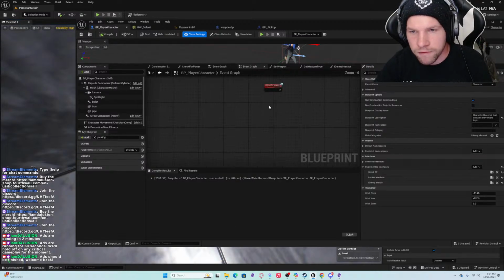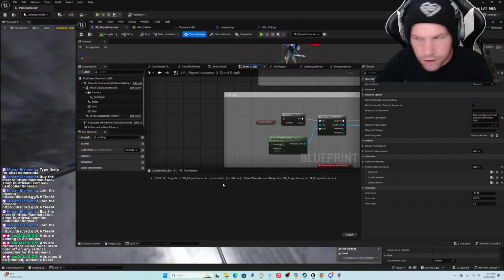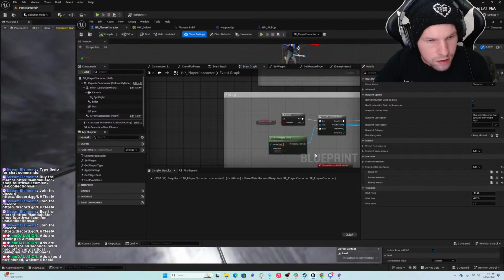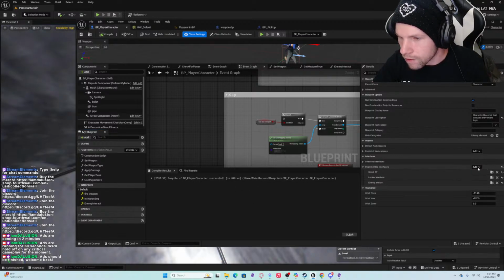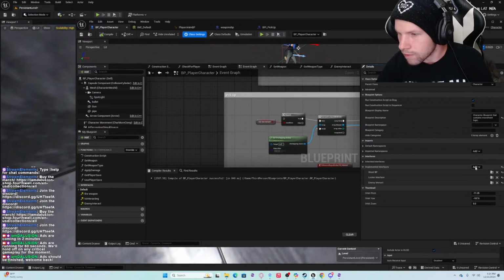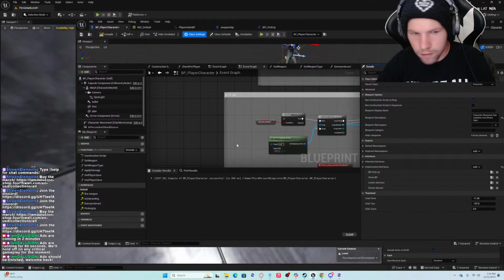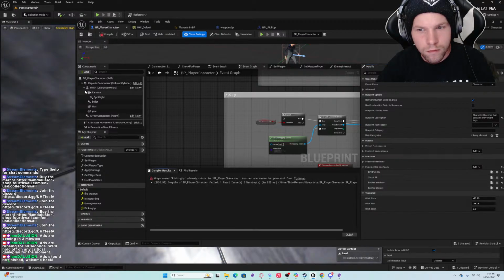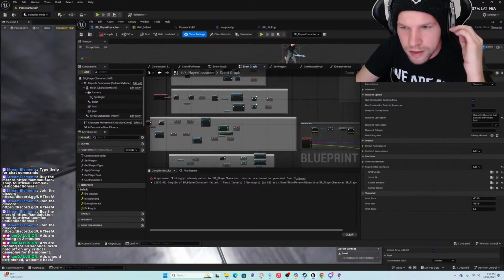Okay, that fixed it somehow. Okay, cool. Now we can... Oh, never mind. No, it didn't. Functions, interfaces. Graph named picking up already exists.